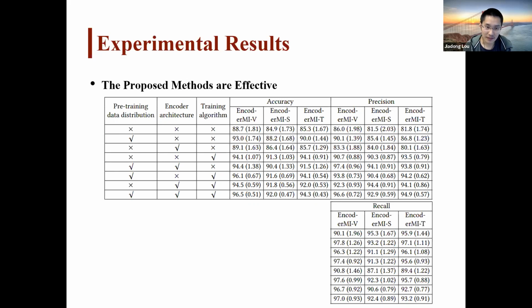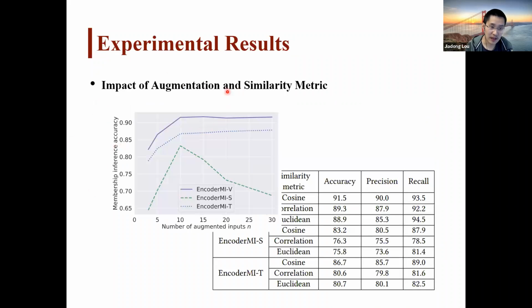Yeah, and they also discuss about these tables, that among these 3 dimensions of background knowledge, the training algorithm is the most informative one. And there's no clear winner among the encoder architecture and the pre-trained data distributions. And besides, they also discuss the impact of the augmentation and the similarity metric. We can see from this figure that